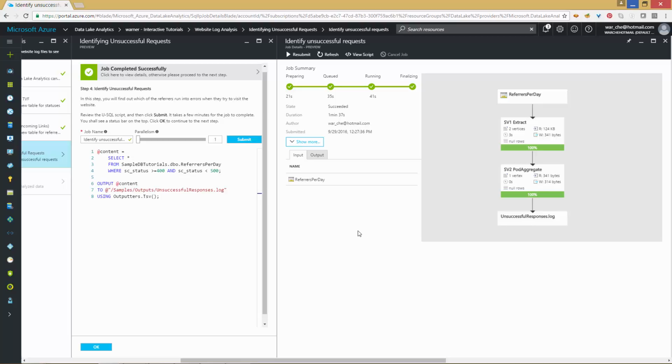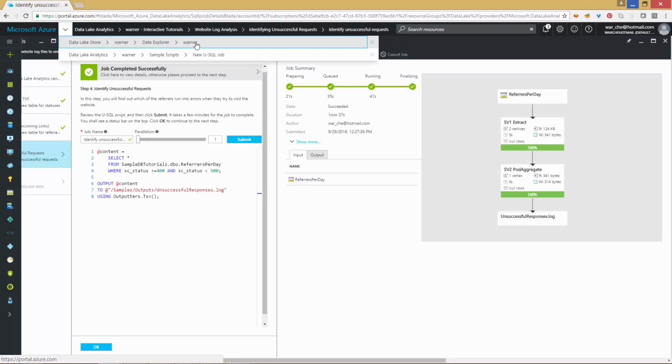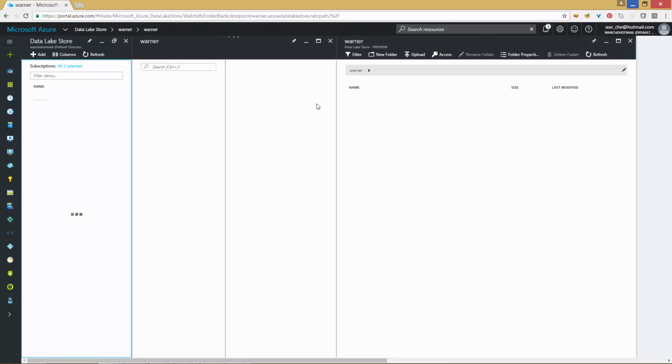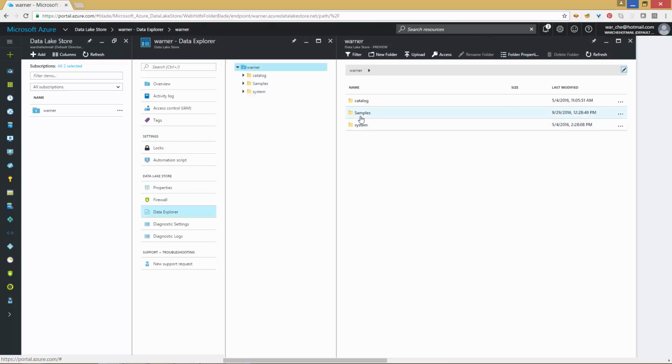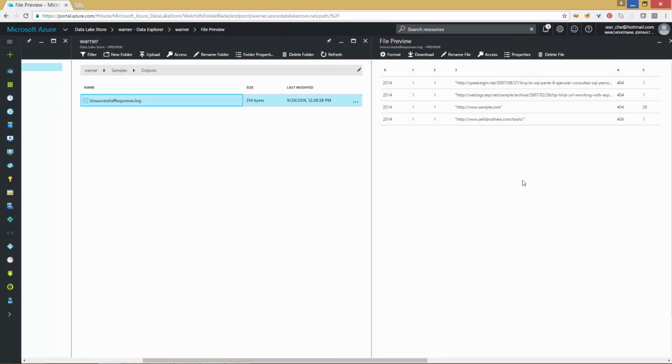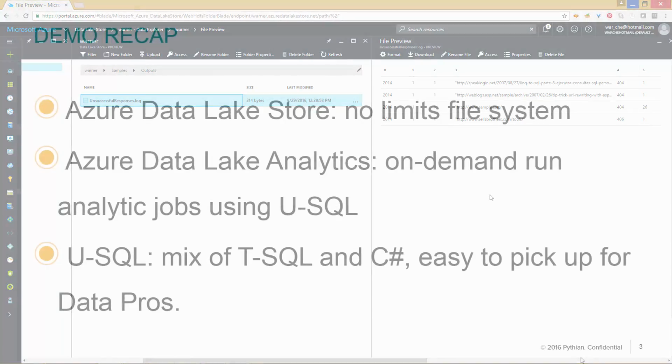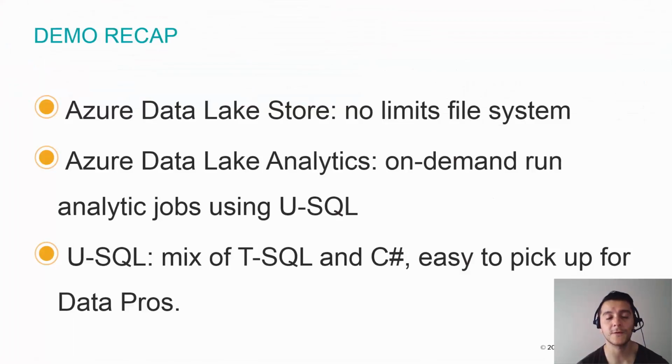And what we can do now to verify this, we can actually go back into my Data Lake Store Data Explorer. And if we go into the samples and the outputs, and we can click on this unsuccessful responses log file, and we can see the results of our analytics job. Okay, so I hope you got a good overview of what the portal experience is right now with Data Lake,